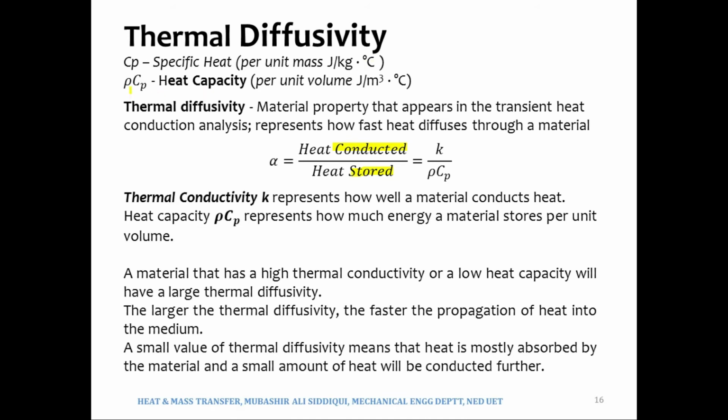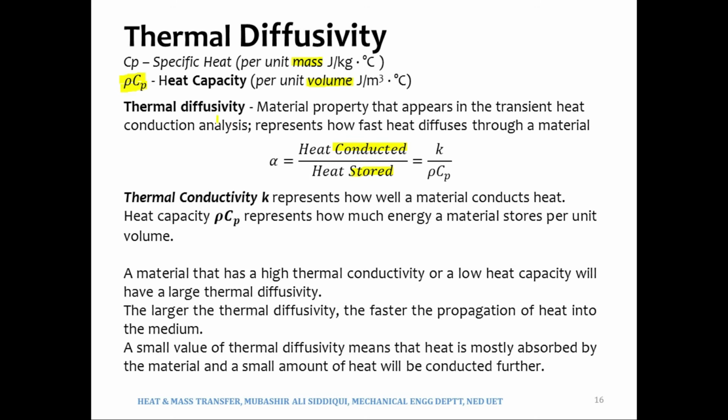And if we multiply Cp by density, then it would become per unit volume. Right now Cp is per unit of mass. So when we multiply joule per kg per degree Celsius by density, density meaning kilograms per cubic meter, this kilogram will get cancelled out and we would have volume in here, so that it becomes a unit volume basis. And this is what we call heat capacity. So rho times Cp, density times Cp, is called the heat capacity. Sometimes we would also be multiplying Cp with mass later.